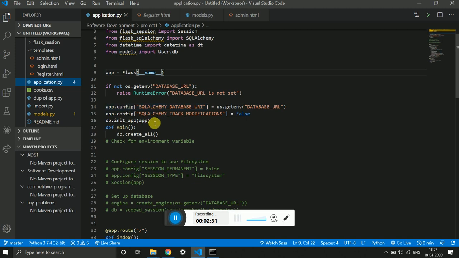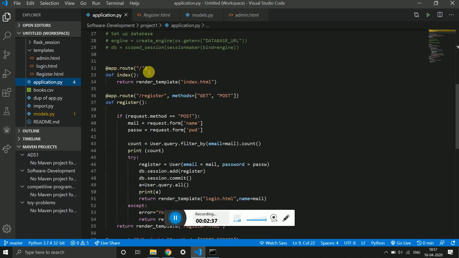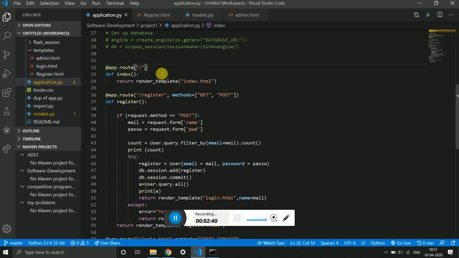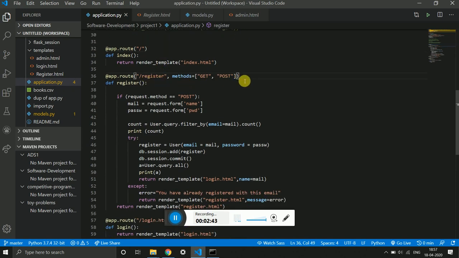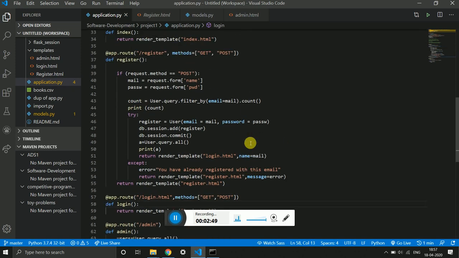I have created different routes. This is the slash, the home page route, this is the register route for registering, and this is the login route for the login page. Based on the assignment, at the initial stages, I created a web page called register.html where I create a form in order to register, and there I render the data that I have entered on the website.